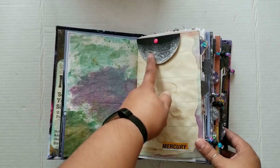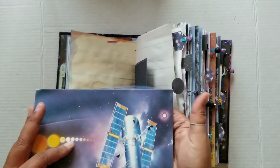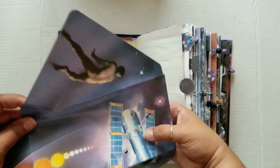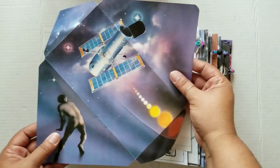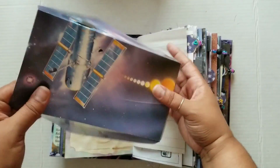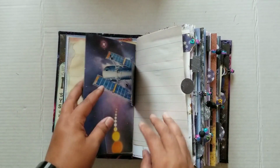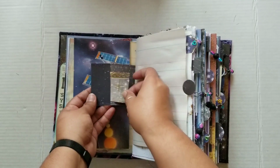So here we have little Mercury, and then here I've just made an envelope out of one of the book pages, and I just left it open because the imagery on here is super pretty, but it's a long envelope and you can seal that up, and I made it so that it does actually fit in the book perfectly. But look at that, it's so cute. Little tuck spot here,